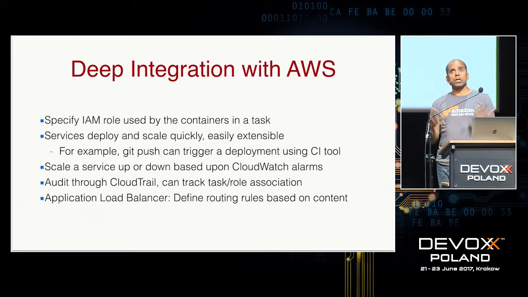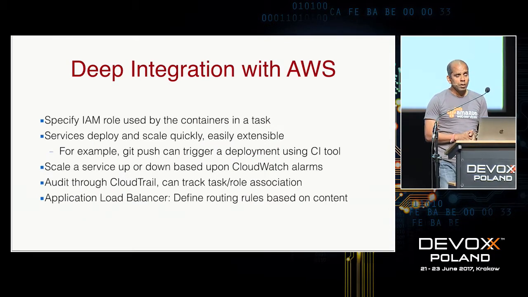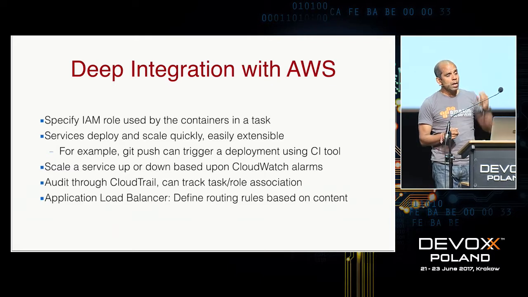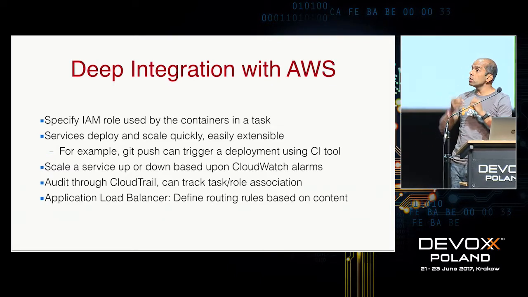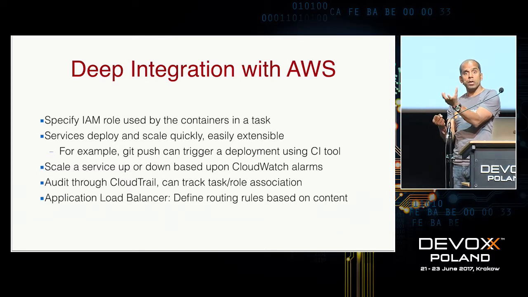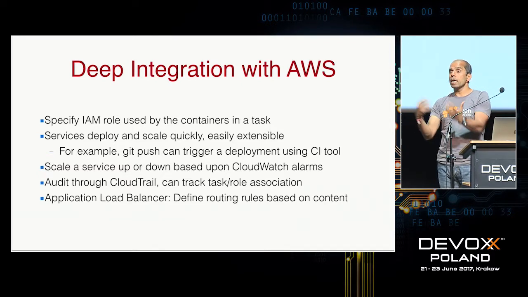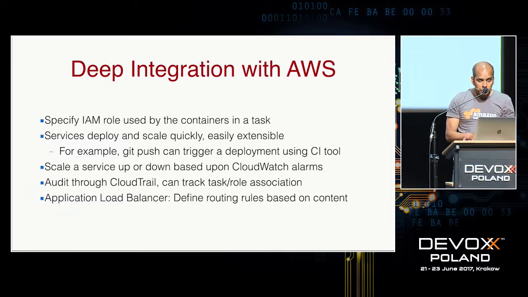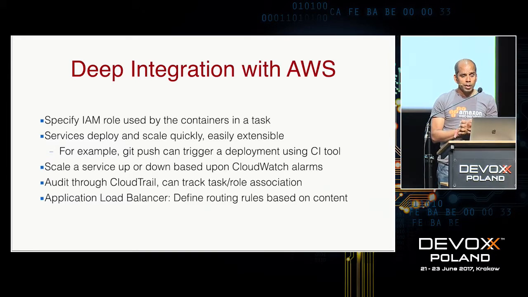So what is the deep integration with AWS essentially over here? Now here, I can specify an IAM role to be used by the containers in a task. So right away, you can start identifying that, okay, this service should be running in this particular IAM role, and that integration is possible. The service can deploy and scale very easily and very quickly, and it has all that